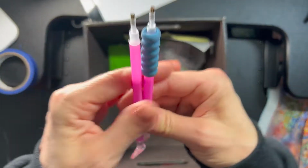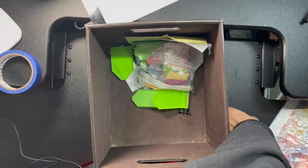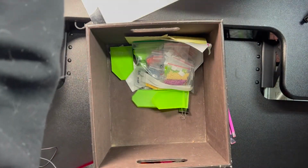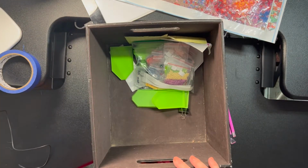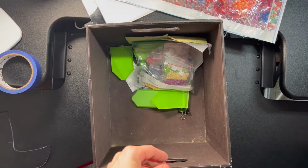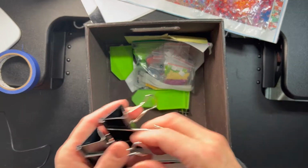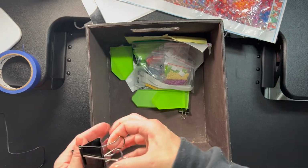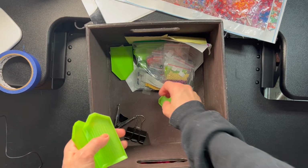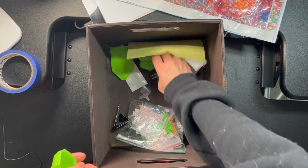Here are my pens. I have obviously more of the free ones, and I like these because I go back and forth. So I'm going to take the beautiful elephant, put it over there. We'll take the plastic off together. And what I usually do is I line up my pens to the right because I'm right-handed. My clips, I leave them in here if I'm not using them. I'm a person